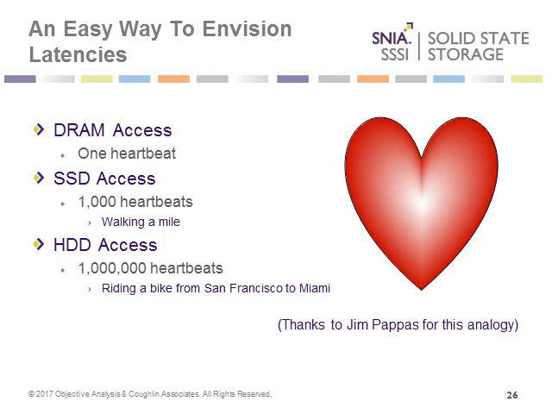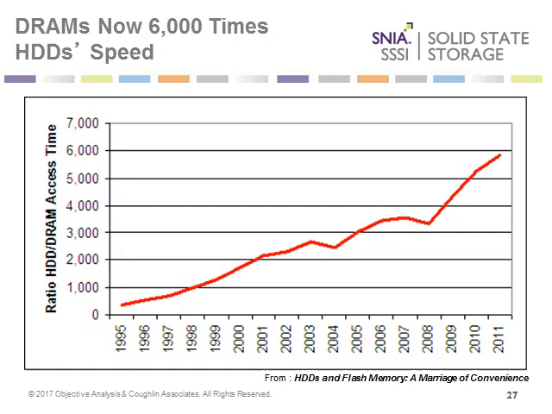So how does a hard drive compare to this? Well, a hard drive is about 1,000 times the latency of an SSD, or about 1,000,000 times the latency of DRAM. And what can you do in 1,000,000 heartbeats? That would be about the amount of time it would take you to ride a bicycle from San Francisco to Miami. That really puts things in perspective: if you've got something that has high-speed needs, you certainly don't want to have it out in Miami. But you probably can't afford to have everything you want in DRAM, and so an SSD is a good place to put it in between. So I think that's a really good analogy. We decided to include that in here because of that.